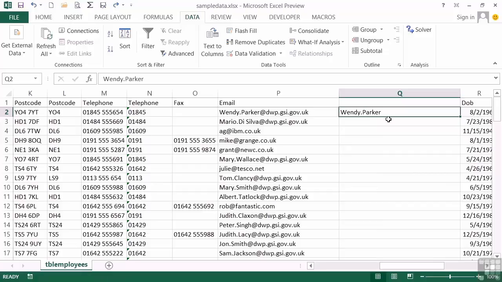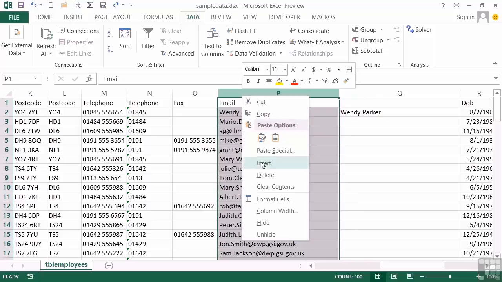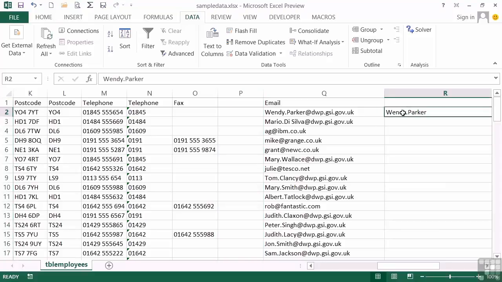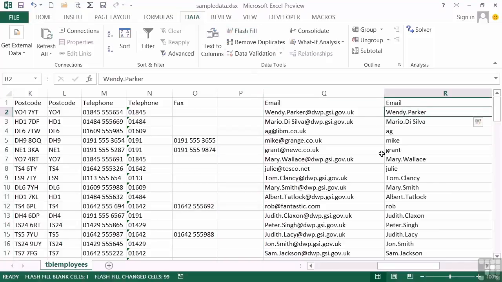Now we can trick it not to look in at the first name and the surname by actually inserting a column here, which gives us a blank column. So when the Flash Fill looks to see where it's getting that information from, it can't see the first name and the surname column, but it can see the email column and then might just follow my pattern. Let's go back to Wendy.Parker, Flash Fill, and we can then see it now spots the pattern,